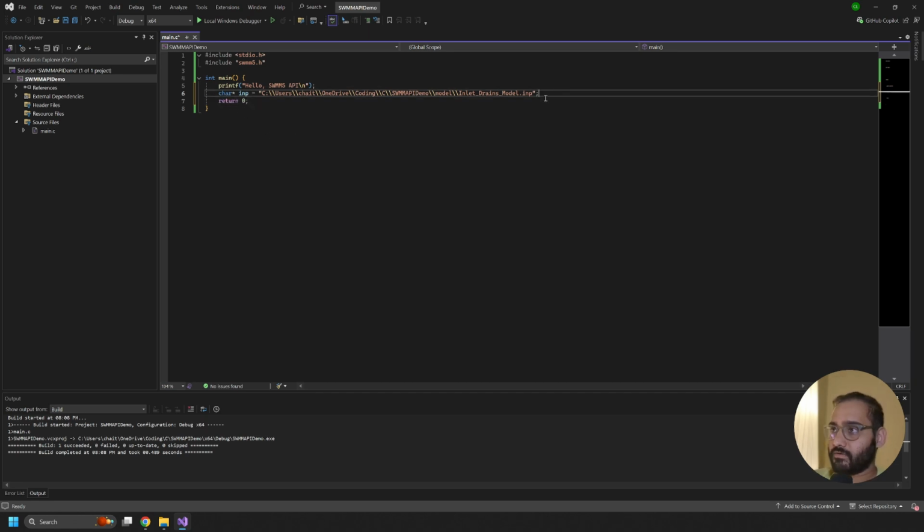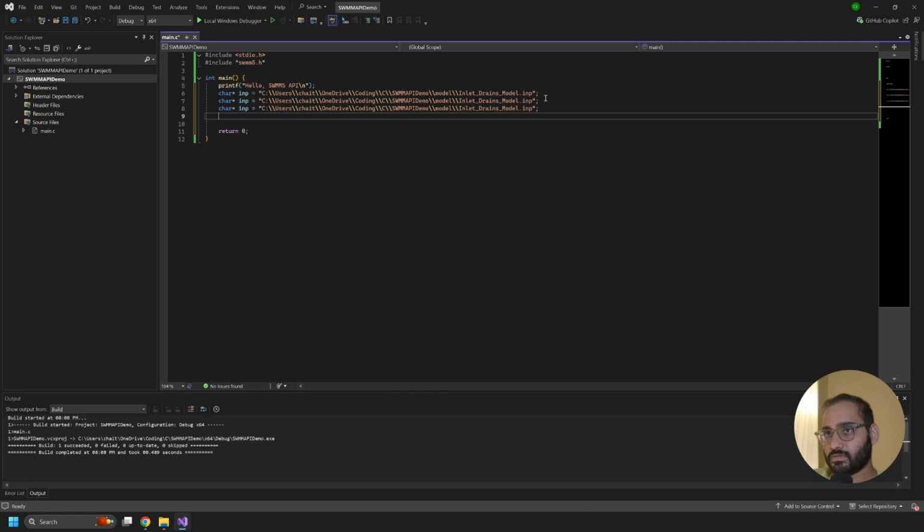So we have created an INP variable and we are assigning it to the INP file path. And I will create another folder called RPT for report files, and I will rename its extension, another variable for the out file,